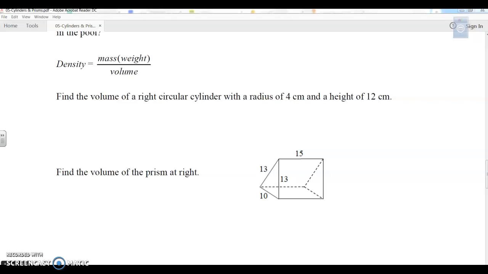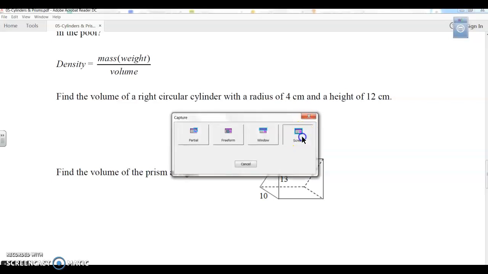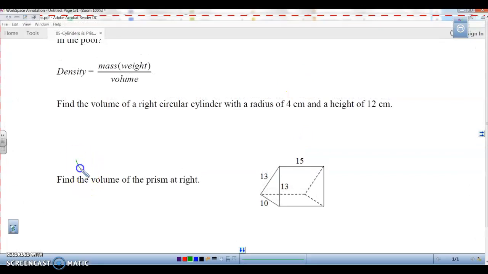This is Geometry Unit 11, Lesson 5, the rest of the notes on cylinders and prisms. Okay, so we left off talking about volume, and volume in general is V equals capital B H. Now remember, capital B stands for area of the base. Okay, so you have to know what kind of base you have for your prism and what its area formula